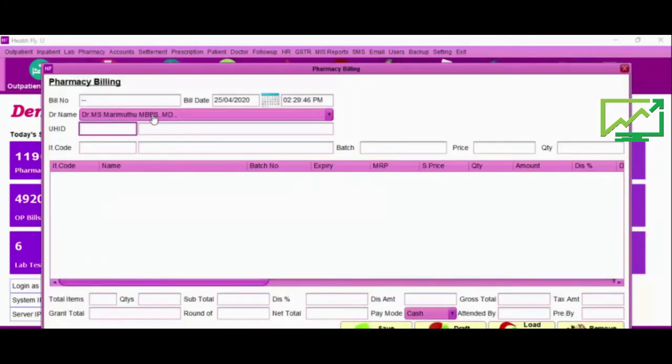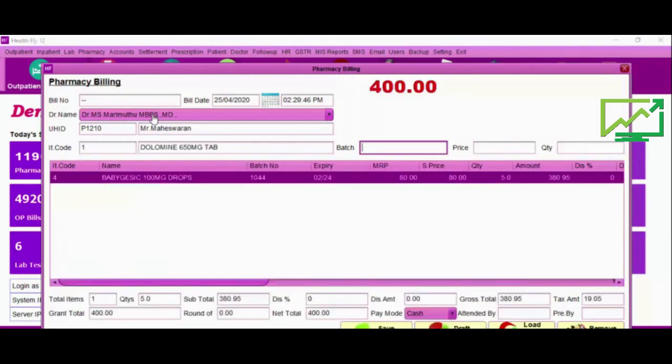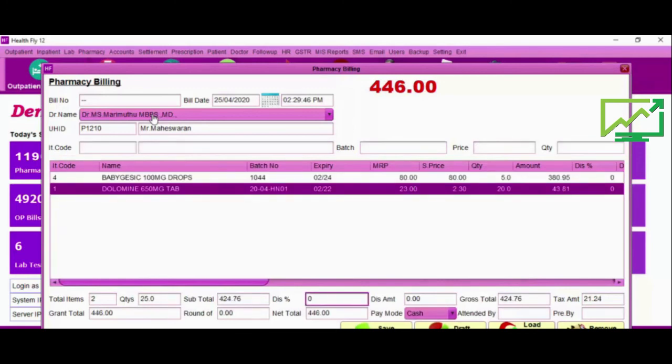Select the consultant, select the patient and select the drug. And tax percentage and payment mode, cash or credit. Credit for some claim or scheme patients.